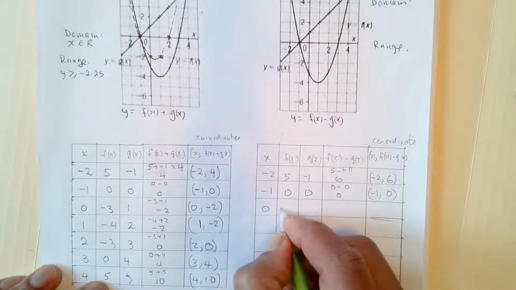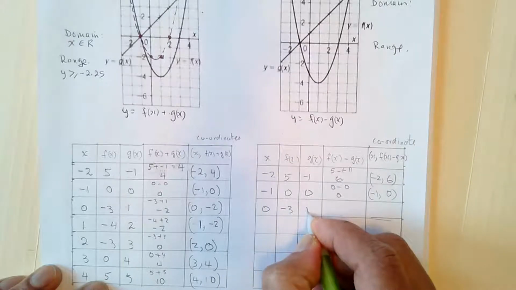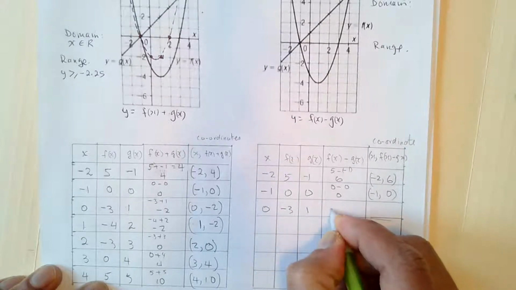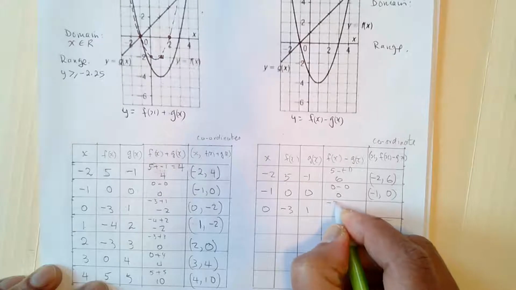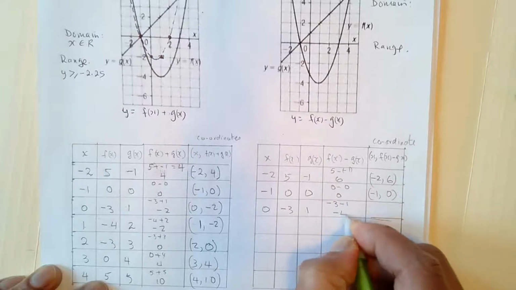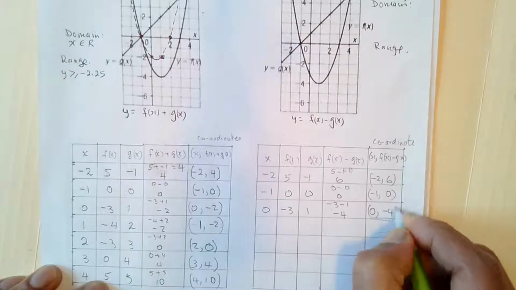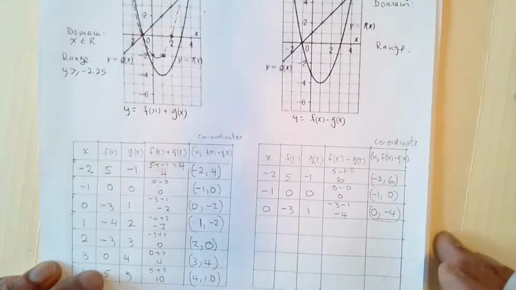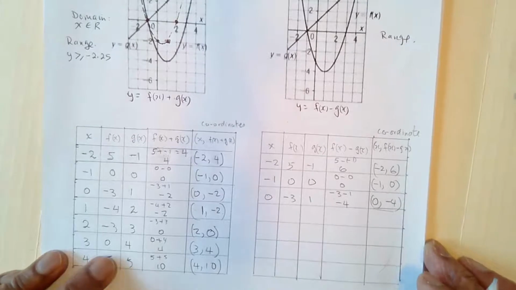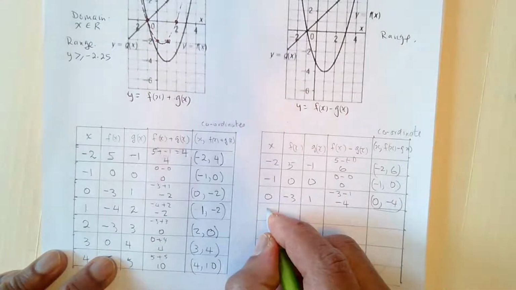Next we have 0 minus 3, 1. Now this will be -3, -1 gives me -4. So my coordinate is 0 and -4. When we plot these points later. So next point,